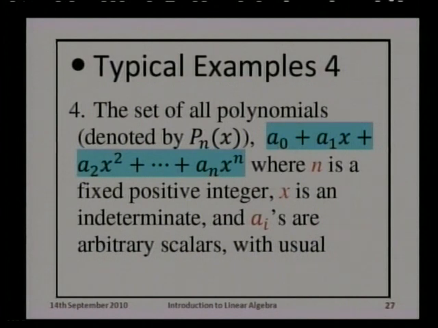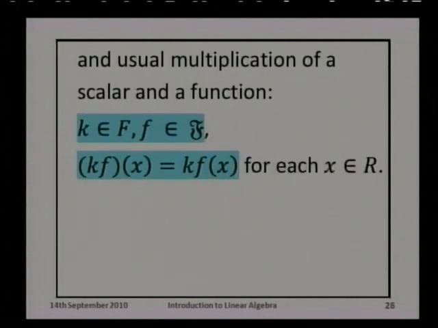Going back to the previous slide, here we can ask: what will be the additive identity here? The additive identity is the constant function 0, which takes all the elements to 0. So f plus 0 will be f, and similarly for f a function, the additive inverse will be minus f, which is defined by (minus f)(x) equals minus f(x), and therefore this is also a vector space.